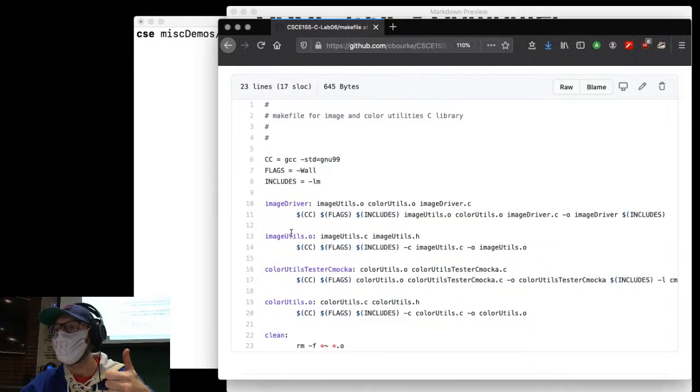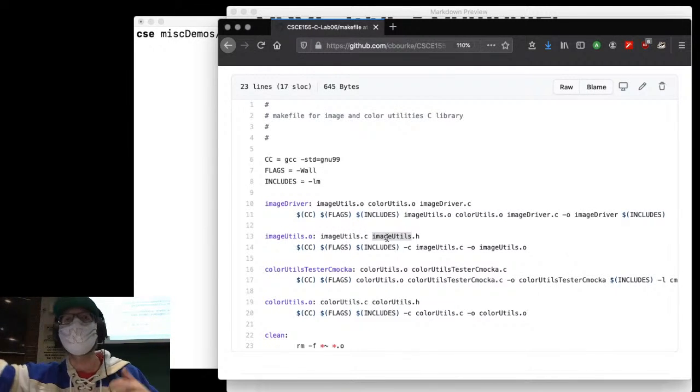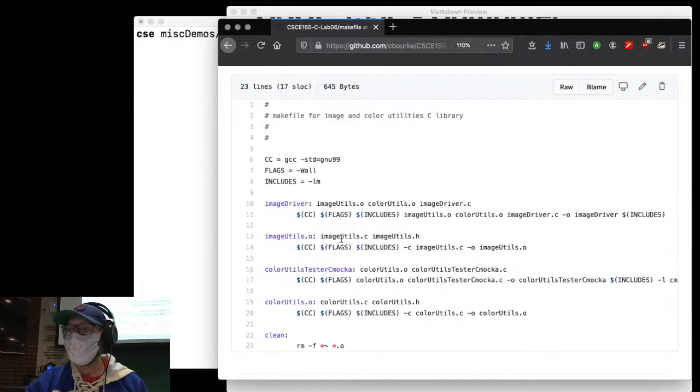Okay, well, how do I build it? There's another rule. How do I build this .o file? It depends on these files. So we've got a transitive dependency that, okay, now this file has to exist and this file has to exist. And how do we build it? Well, we build it with gcc -std=